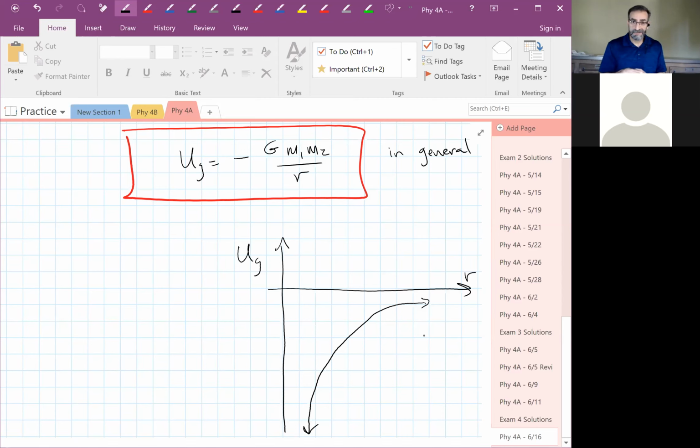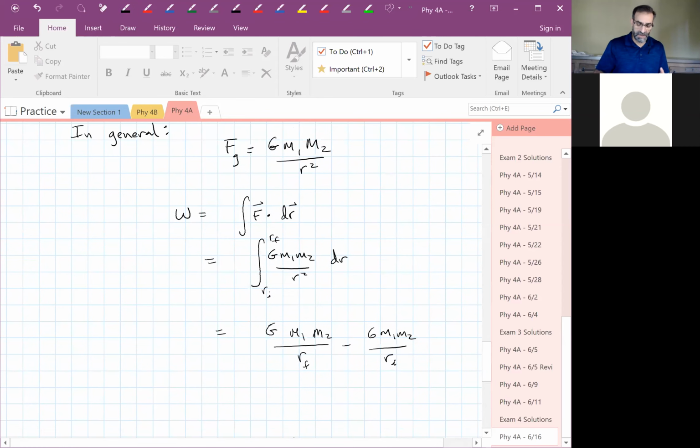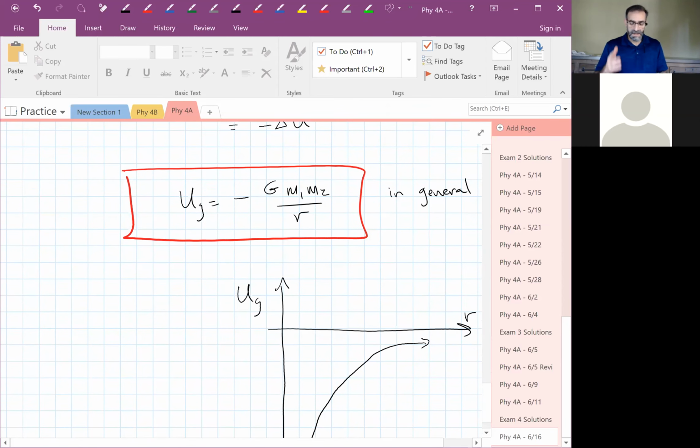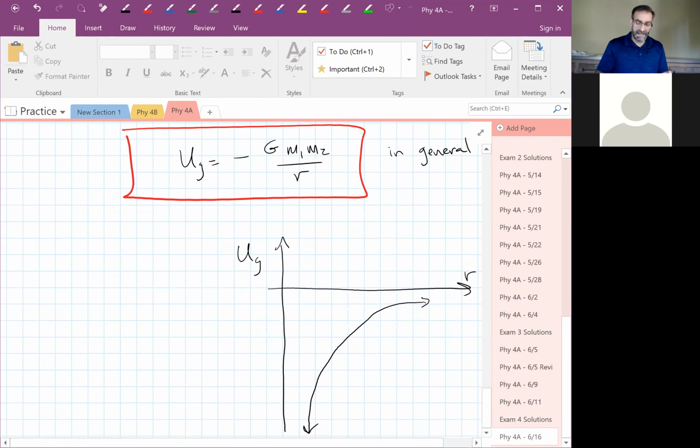Does it work? Yes. With the minus sign there, it works. So we get the minus sign. When you integrate, it naturally comes out. When you integrate 1 over R squared, what do you get? Negative 1 over R. It naturally comes out of the equation. But if you think about it, it has to be there because otherwise the gravitational energy wouldn't make sense. As the objects became farther apart, if that minus sign wasn't there,